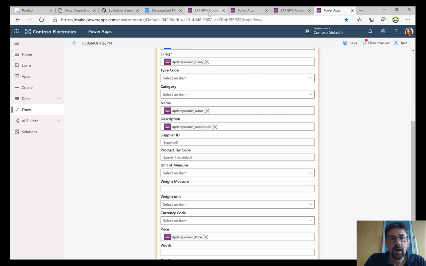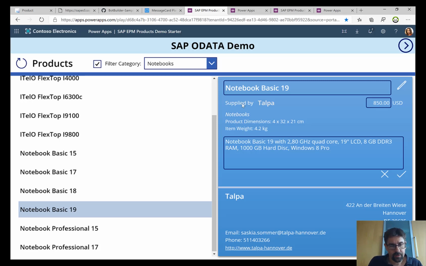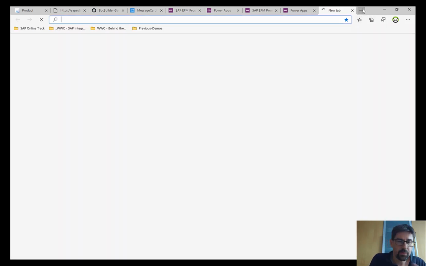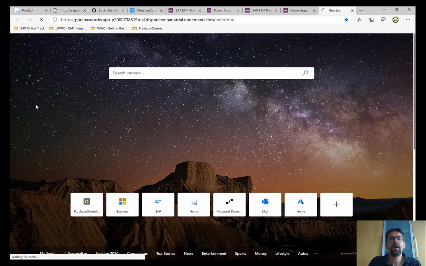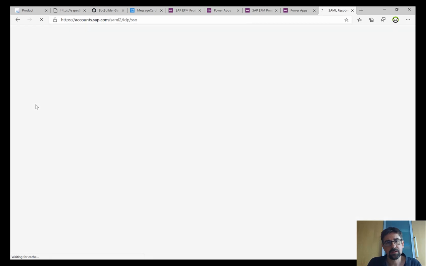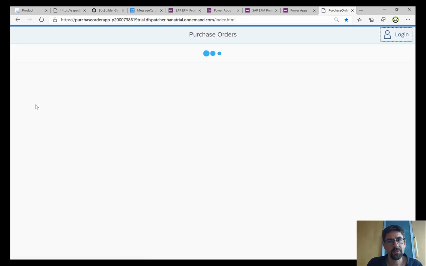So I hope I was quickly able to show you how to get the data in Fiori, in Excel, in Teams, and in this Power App. But we were focusing very much on the Microsoft UI side. One next example is that we want to enrich the Fiori screens with data coming from the SAP system. You might have seen this already before. Here I have a very simple Fiori application that returns, again, information from our SAP ES5 system.